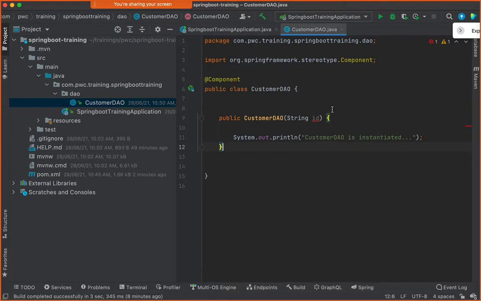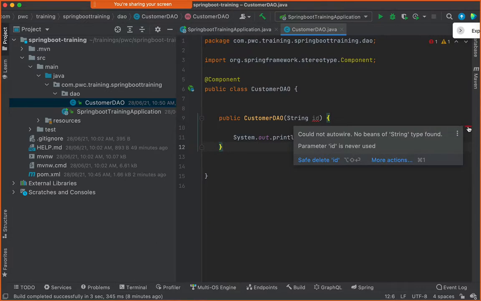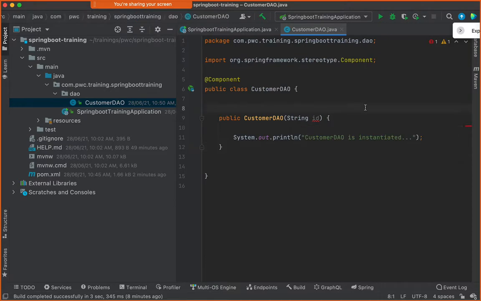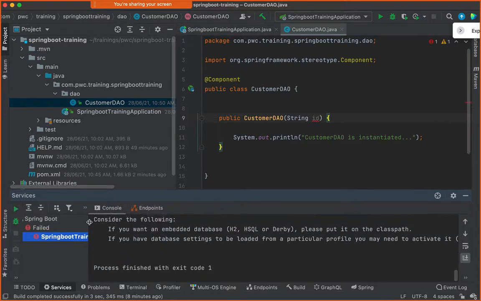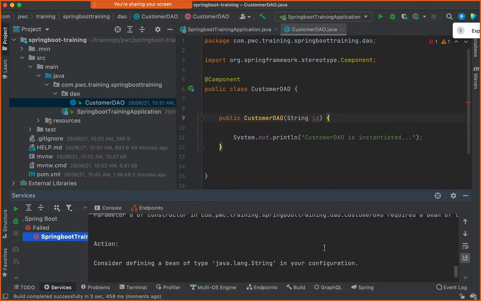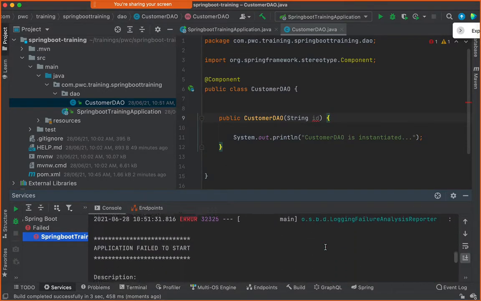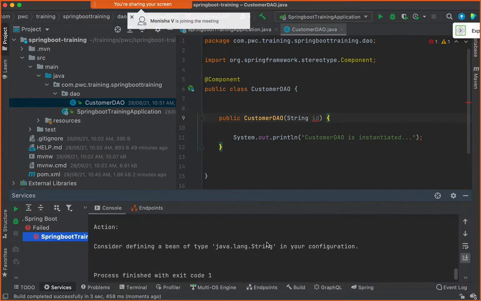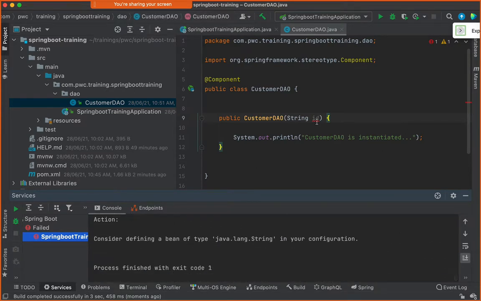This is not a compilation error. This is an error that is given by the IDE. Otherwise I can very well create a class with string ID, but this will fail again. Why? Because when I try to run my application, it will try to instantiate this class and it will look for a default constructor, isn't it? You can see that here there is no default constructor. The only constructor is this ID constructor, and it actually fails, so it doesn't work.